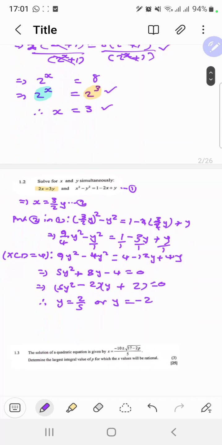Now, once we get to this stage, what can we do? We can make a conclusion that our x is going to be, we substitute into that, 3 over 2 into 5 over 2 this time around, okay? Or our x is going to be 3 over 2 into minus 2. So you substitute the y values into that. You can substitute, but if you've already found y, this already implies what you're going to do. And then we sort this one up, so you can already tell here that, hold on,